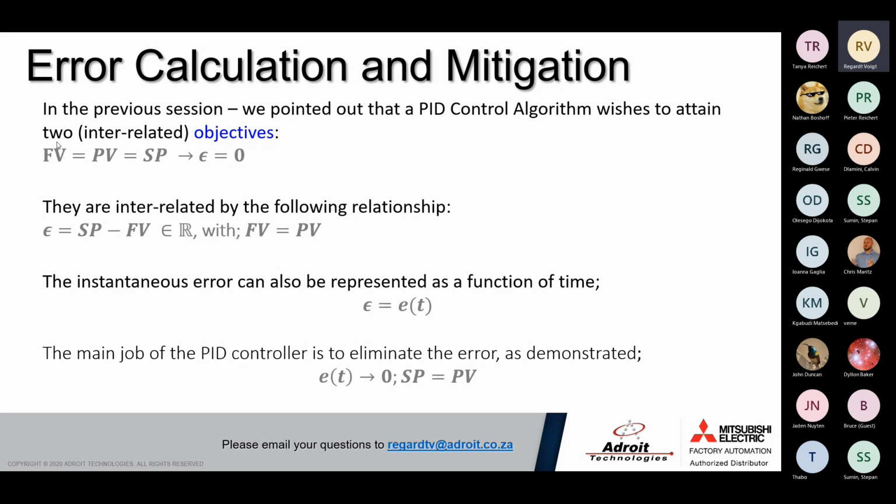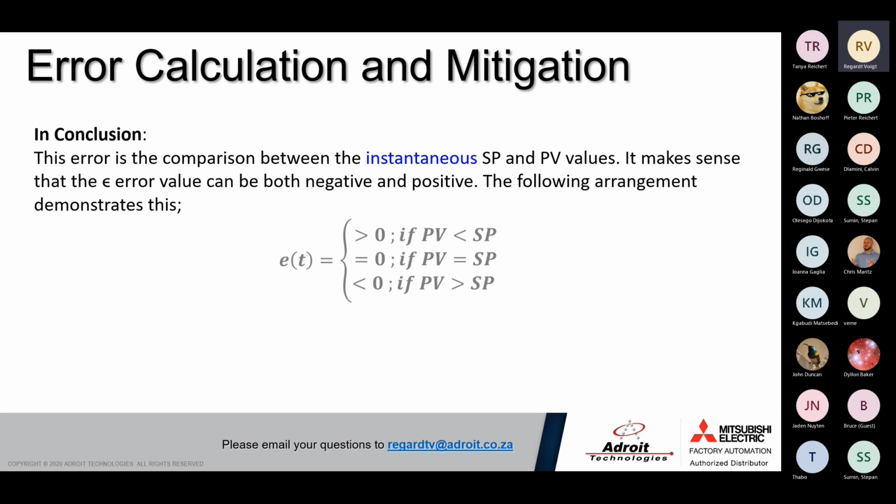So that's why I included the feedback value variable here as well, just to understand where it fits in. Okay, so your error will go to 0 the closer your process variable reaches your set point. So that is the core principle and objective of a PID control block. Okay. So if you put all of that together and you want to create a philosophy, so it means that